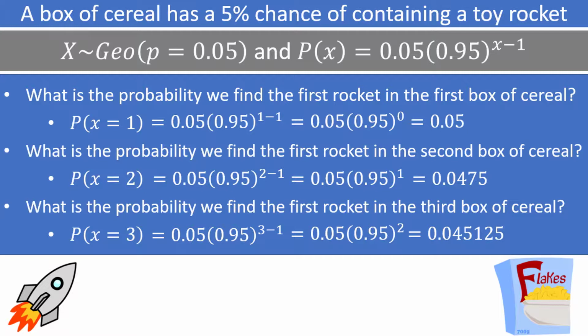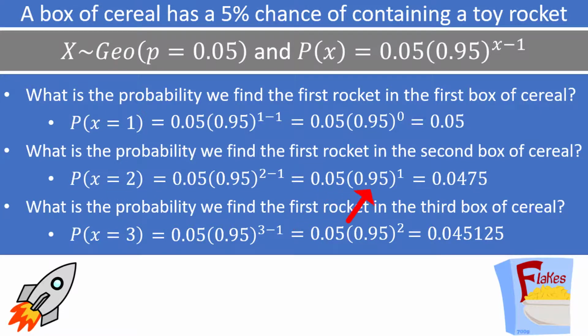For the probability x is equal to 3, that means that the first success occurs on the third trial. Therefore, we have 1 success and 2 failures, which is reflected in the formula 0.05 times 0.95 squared. For x equals 2, the first success occurs on the second trial. Therefore, we have 1 success and 1 failure, which is reflected in the formula